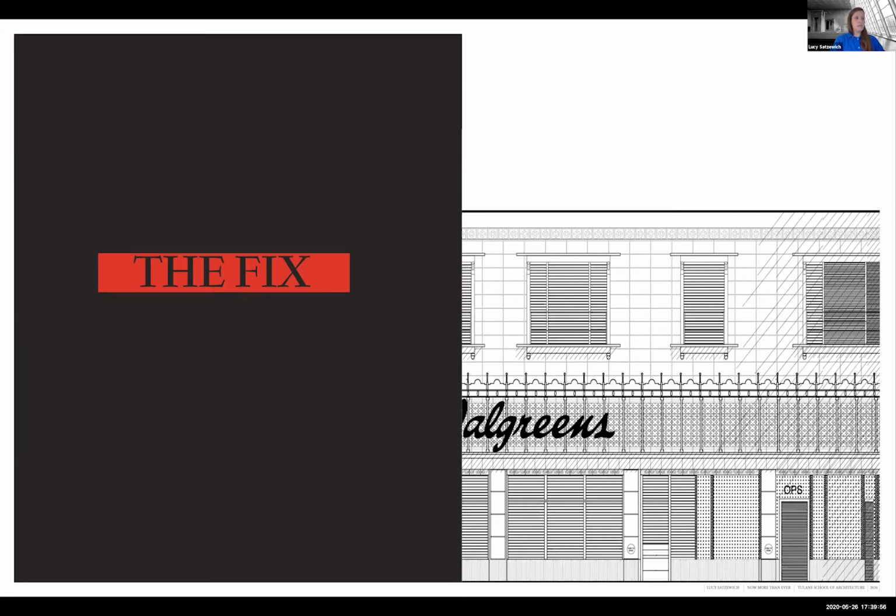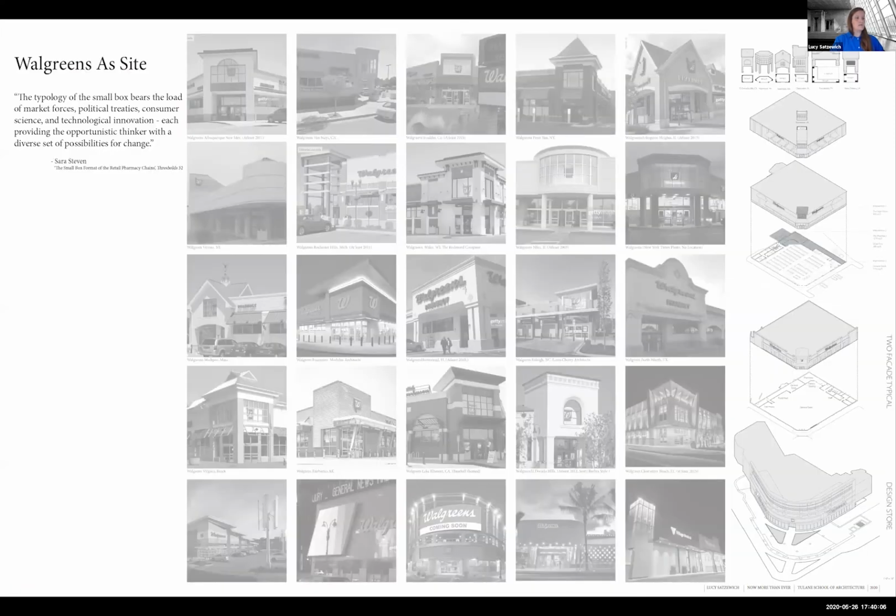Walgreens was chosen as part of what I call the Opioid Reparations Fund, in which for the purpose of this project, they will be donating a portion of their store. OPS sites and small box pharmacies are both typologies rooted in the physical spatialization of where drugs are located in the city and are demonstrative of society's changing relationship with the social acceptability of drug use.